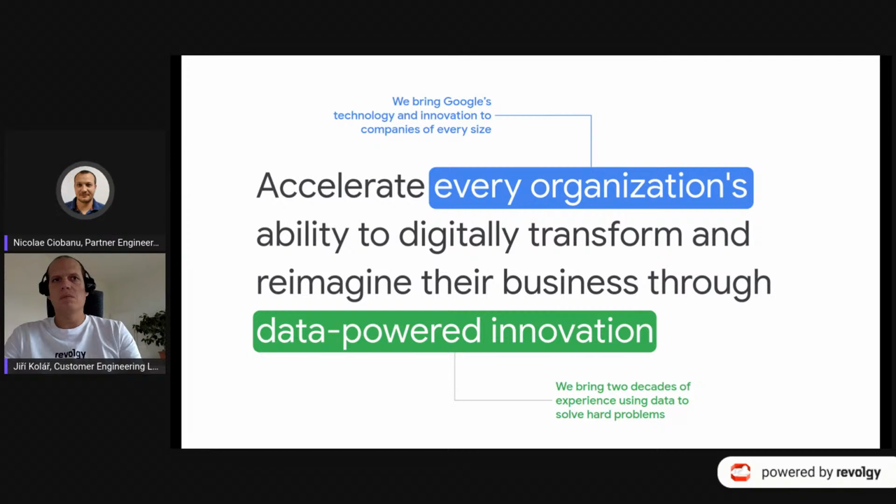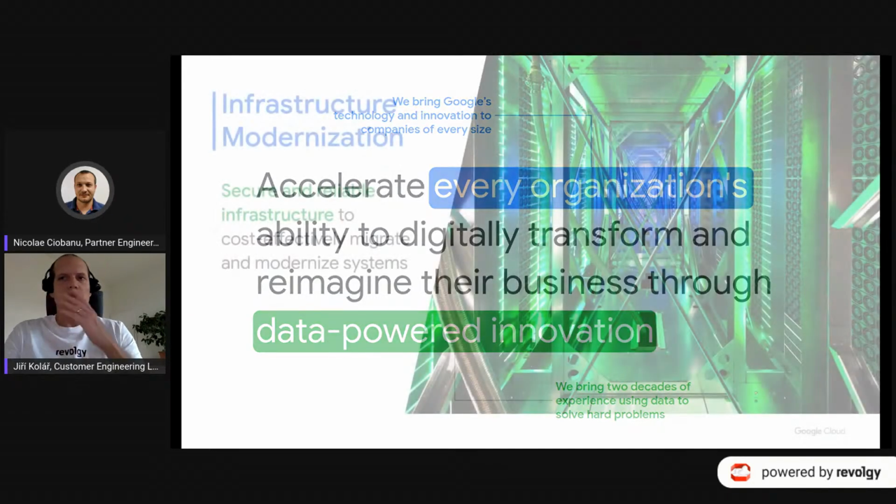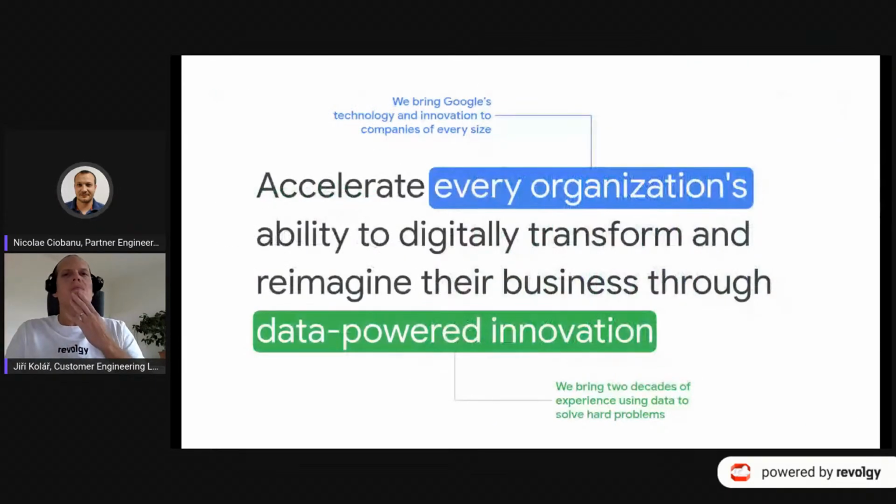Now, how are we helping with this? It comes to the notion of the second highlighted part: data-powered innovation. If you think about our Google consumer experience, it's very diverse. We have Maps, we have Android, Gmail, Search, all these things.